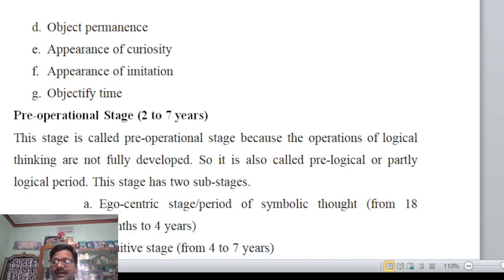And another thing that happens here is that the appearance of curiosity is identified during this period. You can see the child of up to 2 years is full of curiosity. Curiosity, I can say, is for getting more and more knowledge, but curiosity can be shown in his face, in his